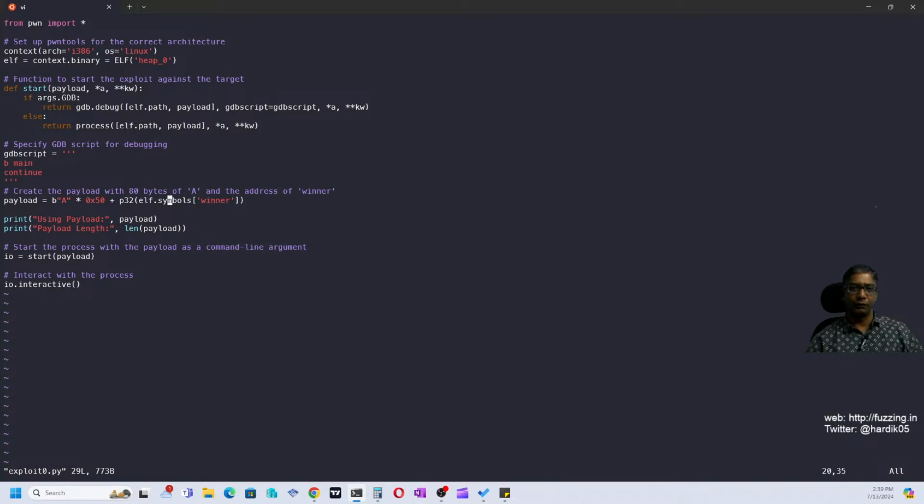It will give you the address, and what you can do, it will give you the offset, and then you can align it. So this p32 is for alignment, and it will add that to this particular payload. Then we are simply starting our binary with this function start, and in the start function we are giving this payload. So it will start our binary, give it the payload we have created over here, and then run it. And this io.interactive means just in case you want to do some kind of interaction, but since this is a very simple challenge,